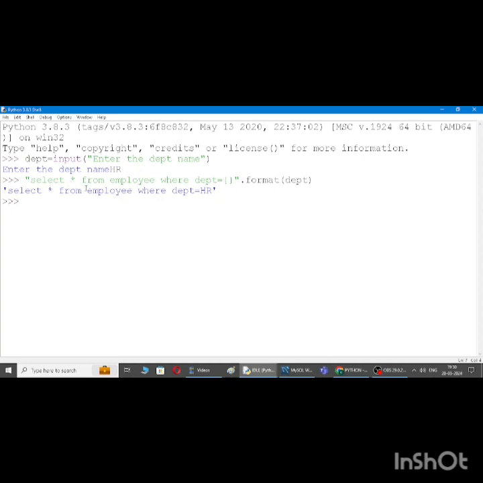See, select star from employee where department equal to HR. What actually happened? The value in this variable is substituted here. Okay. Suppose you have two variables, say